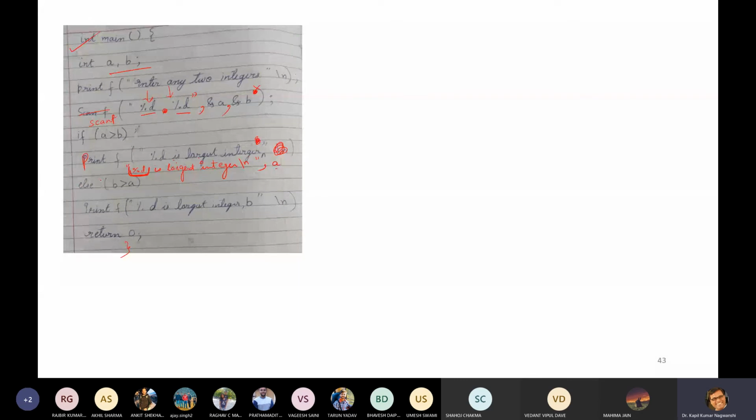Similarly, else. After that else, this is not required. It automatically says something else. If it is not there, then it will say something else. So this will give you %d is largest, and after that you need to write slash n, and instead of writing this, put comma over here and put b. Okay, if you want to use multiple conditions, you can write